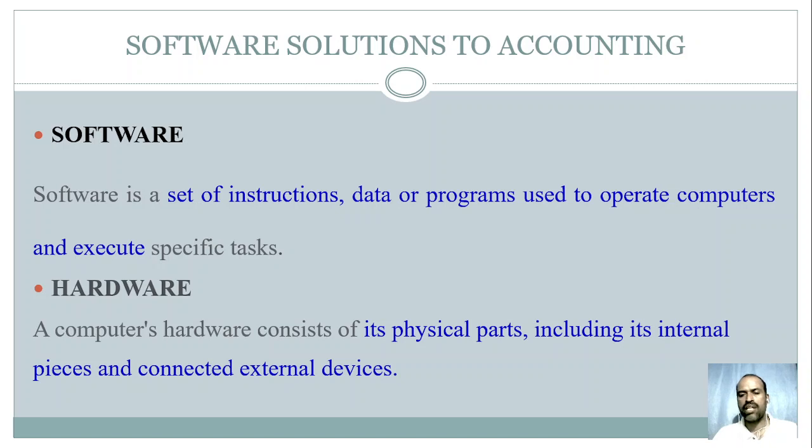Again, the programmer is a human being, but software is developed by the programmer based on some instructions and programs. So basically what you need to understand over here is software is a programming task. It is built depending upon the different instructions and flowcharts prepared by the software engineer or programmer, and this software is going to be used to execute some specific tasks through the computers. That is called software.